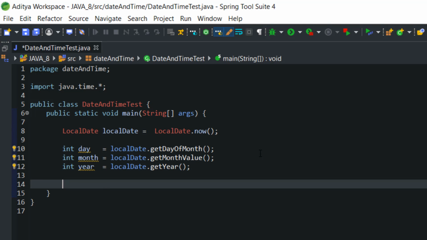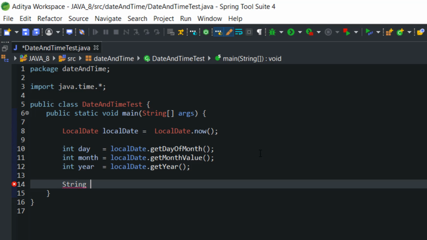Now what I have done here, I have written three different variables, day, month and year, and in those three variables I have saved only the day, month and year with the help of the methods getDayOfMonth, getMonthValue and getYear respectively. Now I'm going to take one string variable.